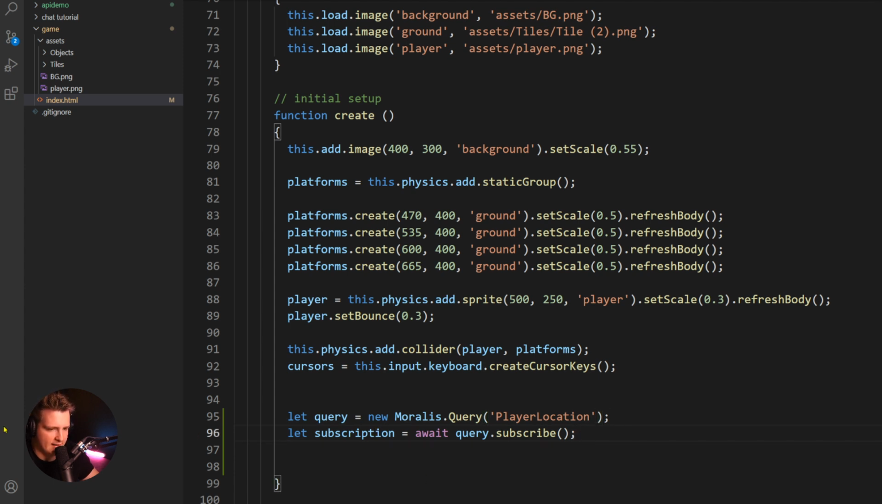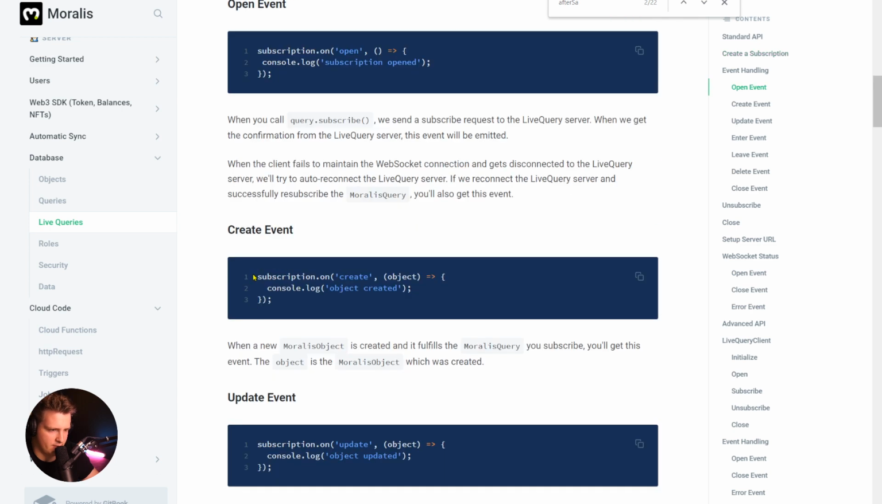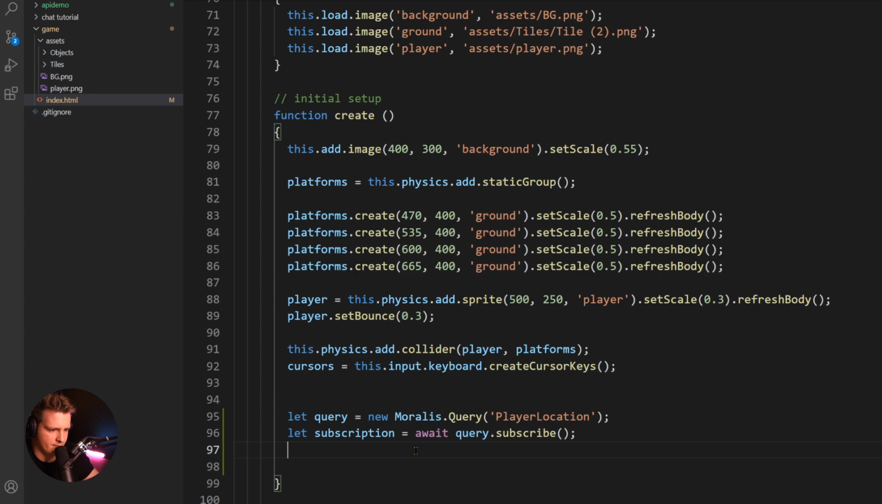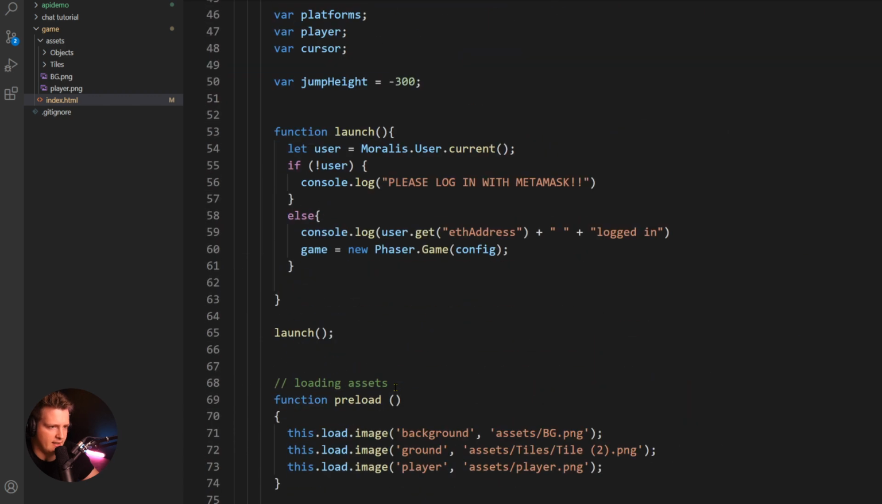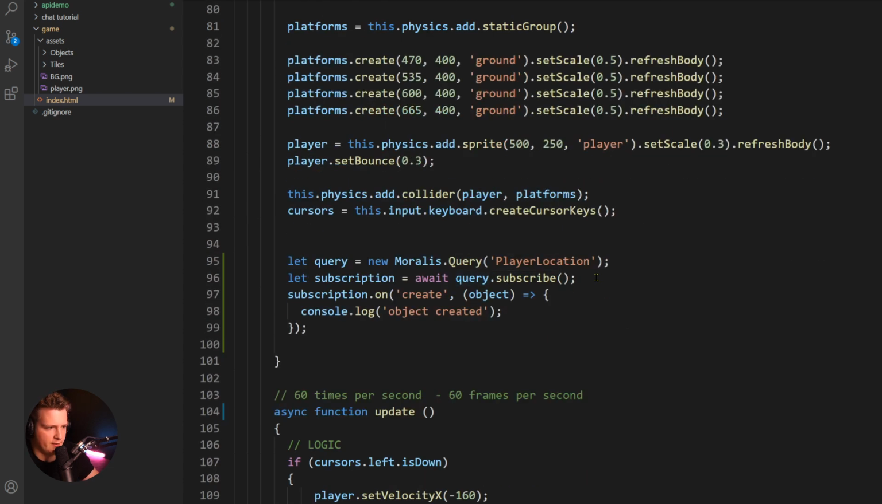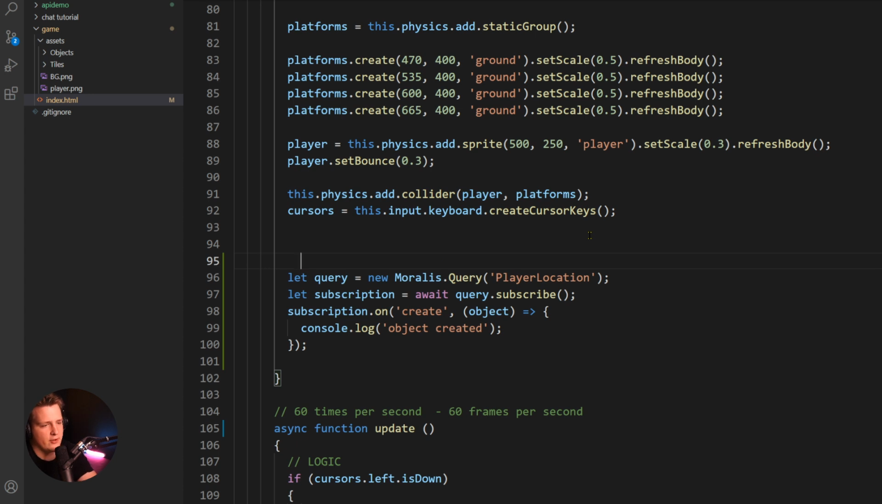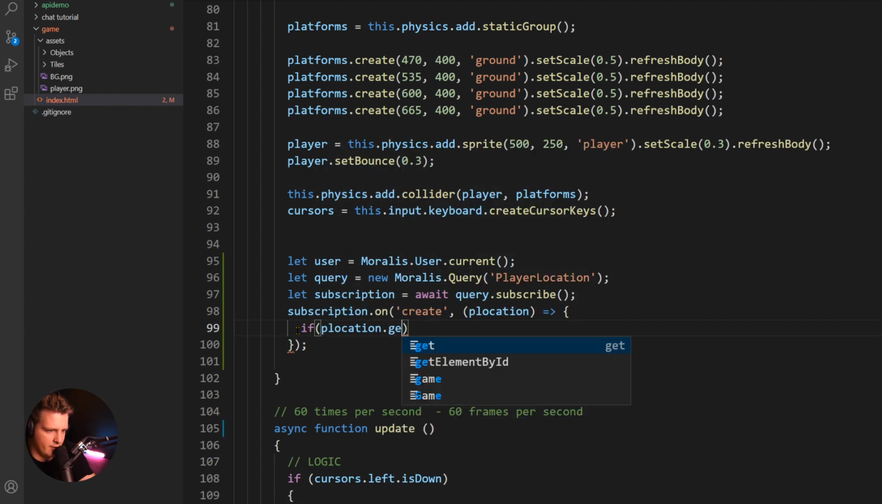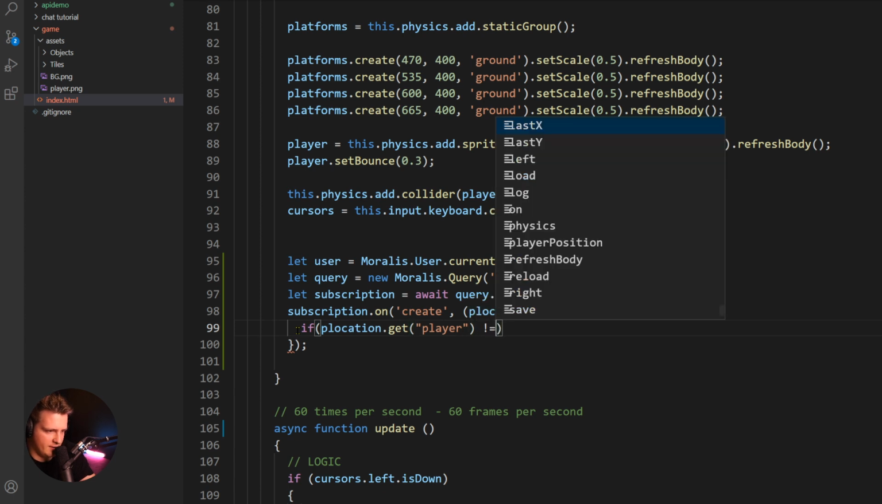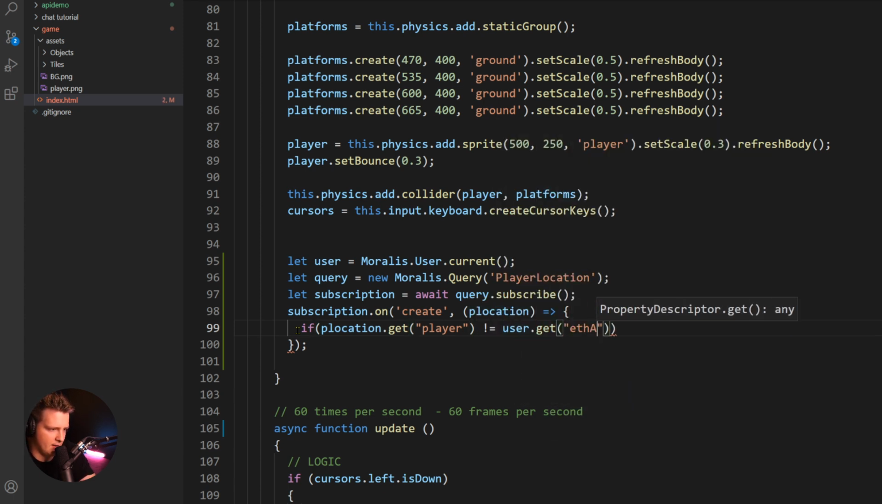And when we get a new entry into player location, for example, here create, we can check so that the user that just moved is not our user, because we don't need to update our own location. We know our own location. But we can check so that, let's actually see, p location. We can check so that if p location dot get player is not equal to user dot get eth address, so if this is true,